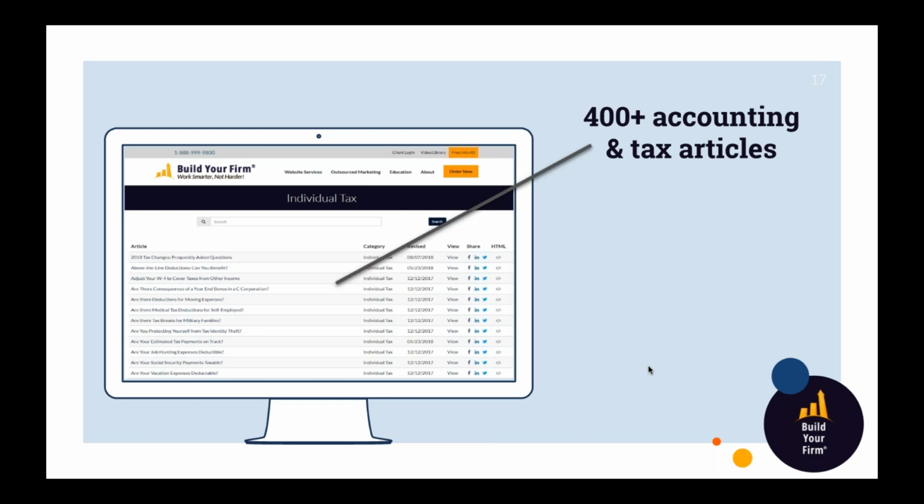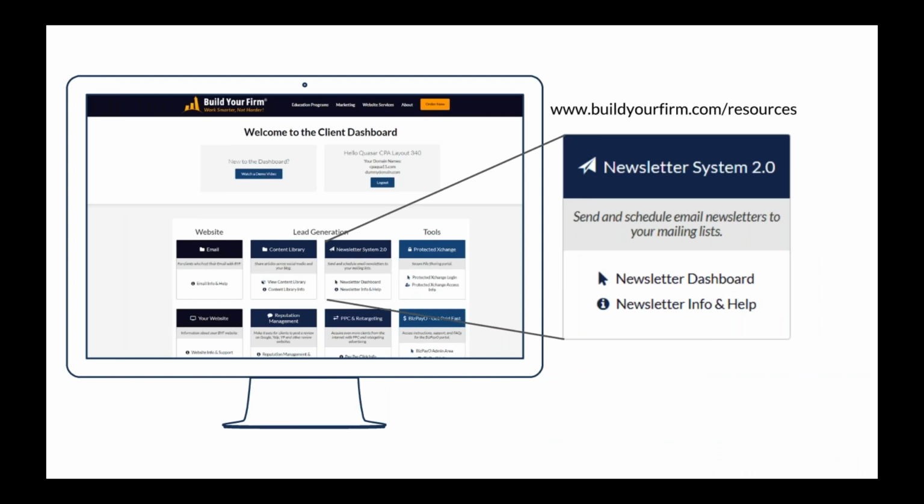It also lives on your website. So it's content that your clients or prospective clients can access from your website, but also it's available inside of the client dashboard and inside a lot of the tools like the social media posting wizard and the email newsletter tool. So we're going to start by talking about the email newsletter tool first and how you can use it